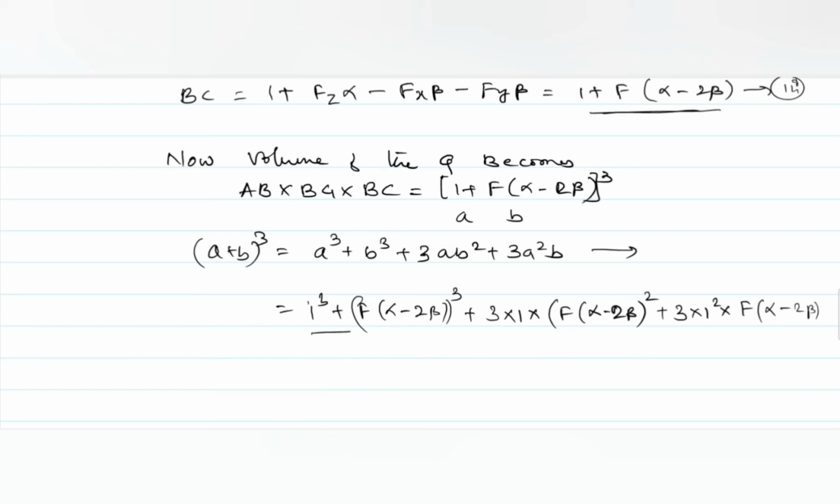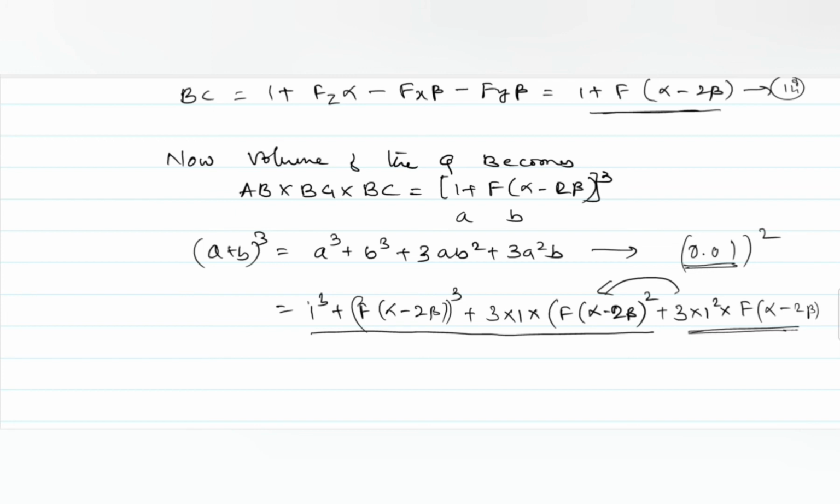So all these terms are going to be neglected. Why? Because according to the binomial expansion we are using, we neglect the squares and products of alpha and beta here. Whatever the change is after applying the force, that is a very small change. If you take 0.01 here, and then you square it, the value becomes even smaller. So compared to this one, these values are going to be very small. Therefore we are neglecting all these square terms and cube terms here.